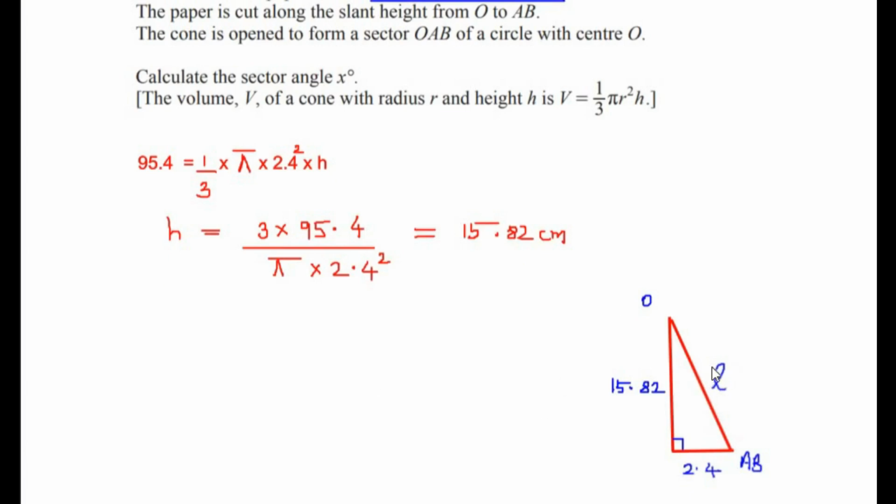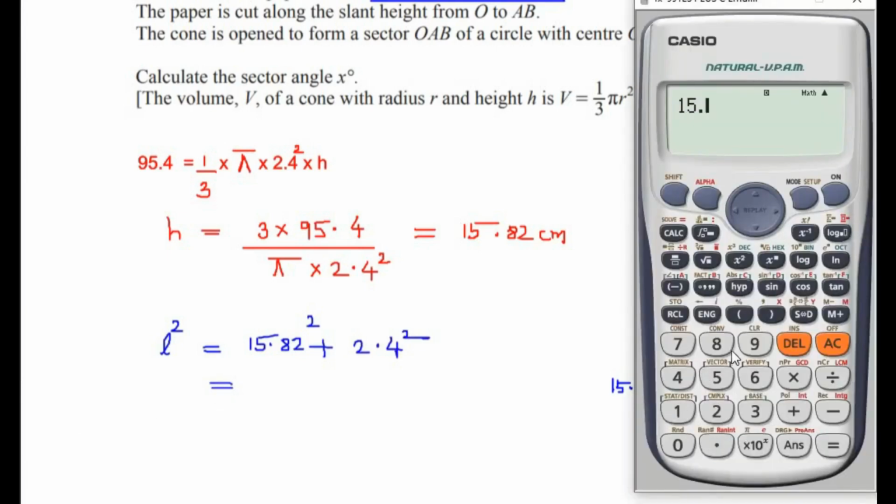So we can use the Pythagoras theorem to find the slant height and write it over here as the hypotenuse square is equal to sum of square of the rest two sides. So it is 15.82 square plus 2.4 square. So this gives us a value of 15.82 square plus 2.4 square. So it is